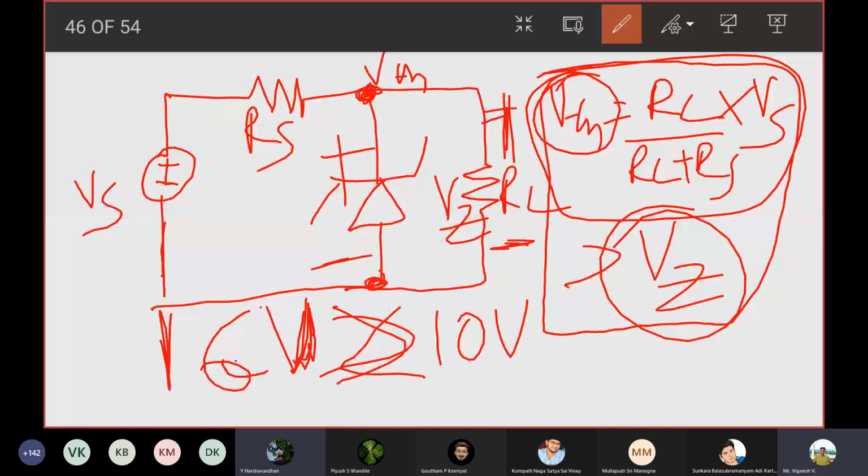Isn't this network theory? I'm not adding any more value to what I'm teaching now, because it is plain network theory. The moment you have an RL connected there, obviously the current is going to divide, and that's the reason you do the voltage division and find out what is the voltage at this node. It is a simple network theory concept.